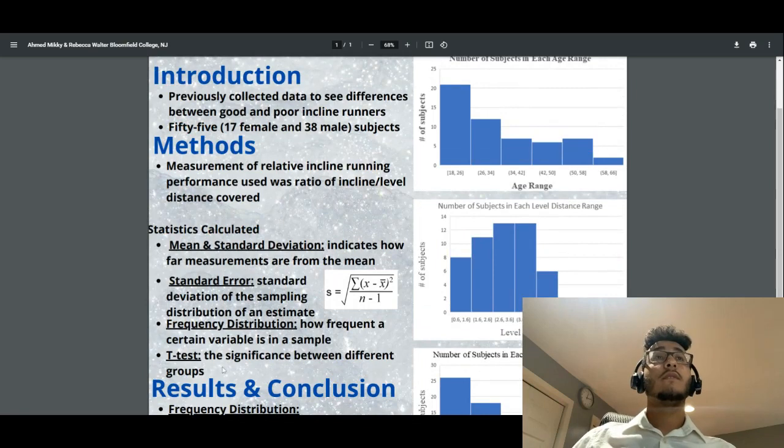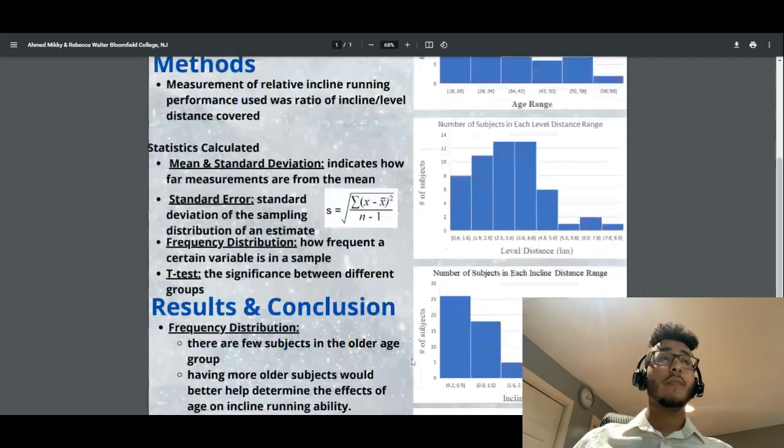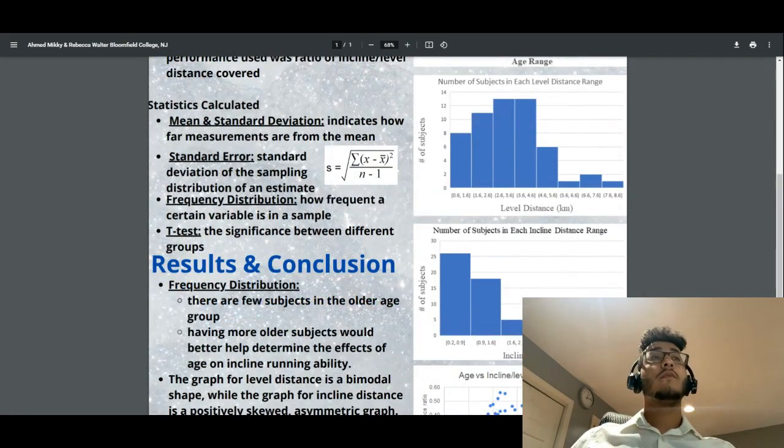Finally, we used the t-test. So t-tests, basically using Excel, they show the significance between different groups. So if we wanted to compare one group with another, we would use a t-test to see if there was any significance between them. So in conclusion, we found that using the frequency distribution graphs, we found that there were